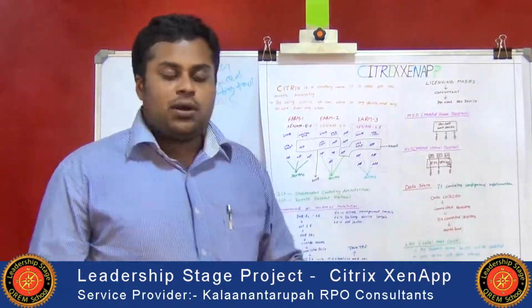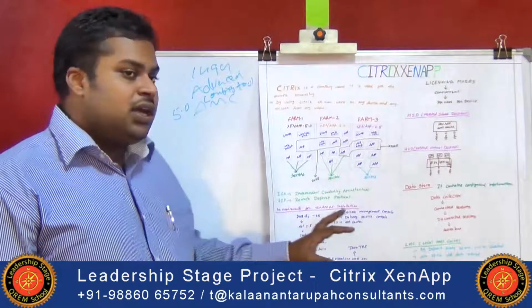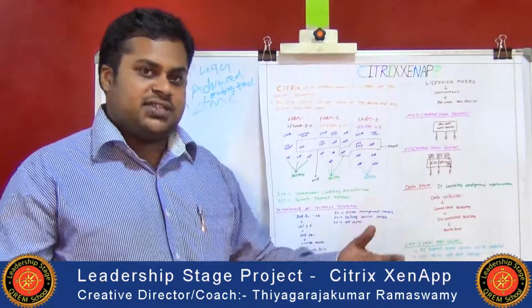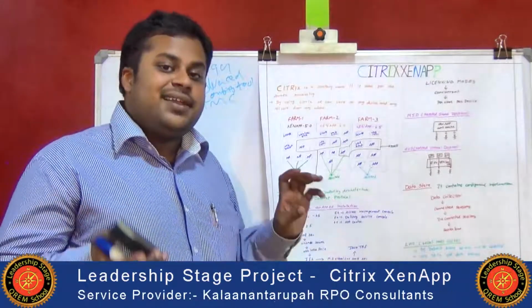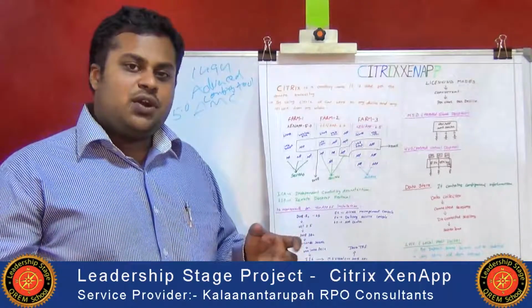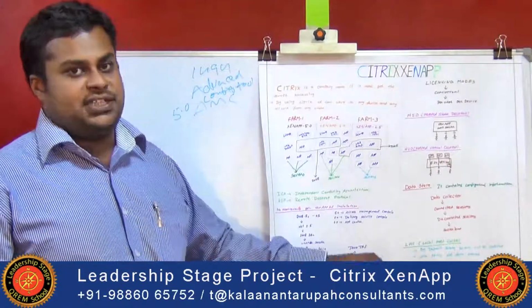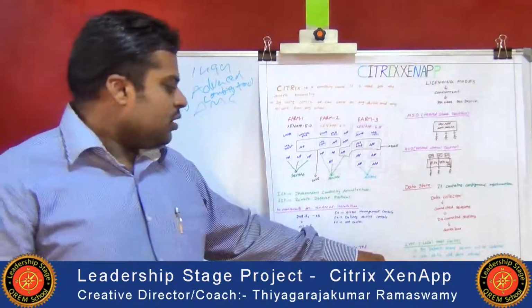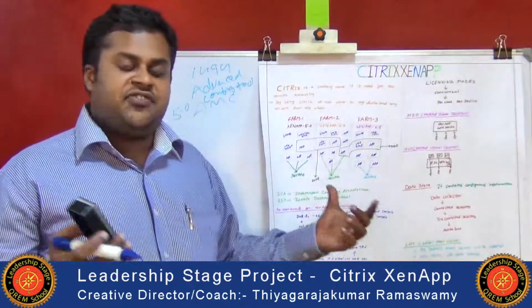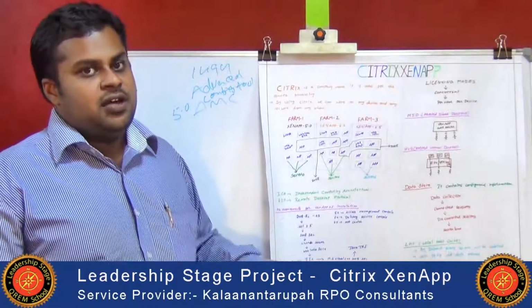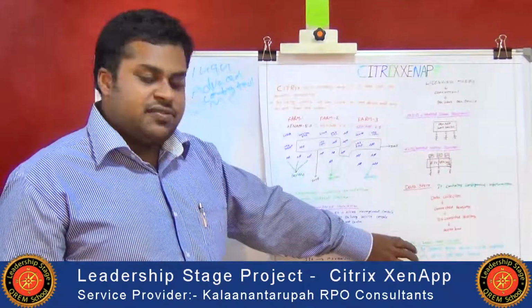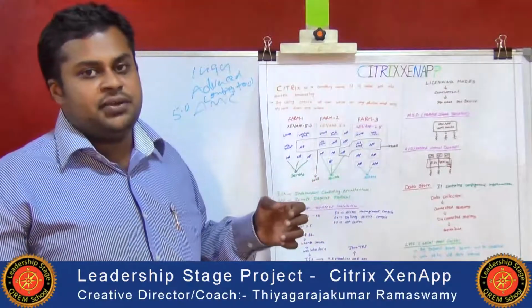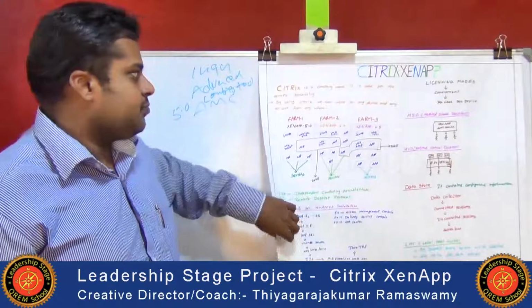We have the LHC, local host cache. By using the local host cache, when the data store goes down, we can still run the process with the LHC. Users who are already logged in continue their work. New users who want to enter cannot access the application by using the LHC. By default it is updated, and it stores the previous 50 or 58 hours of data. When the data store goes down, the LHC takes care of it and continues the work for all the already logged in users. That is handled by the LHC.